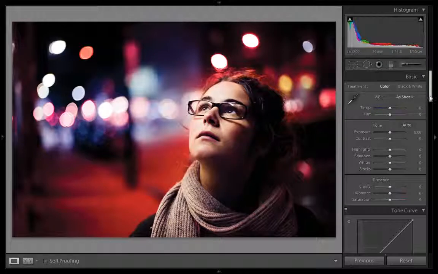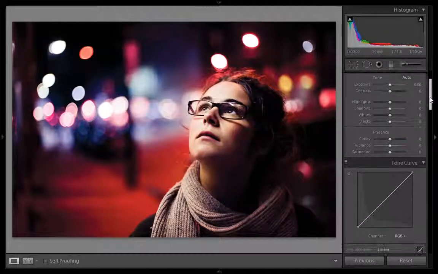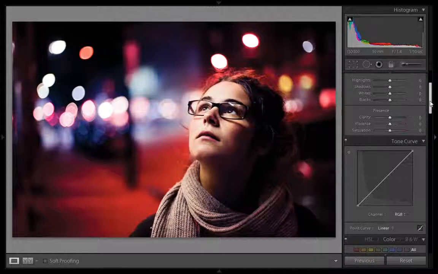I will start by decreasing the saturation a little bit, because the saturation is very high in this image. I will decrease the saturation to -26. I think that is better.